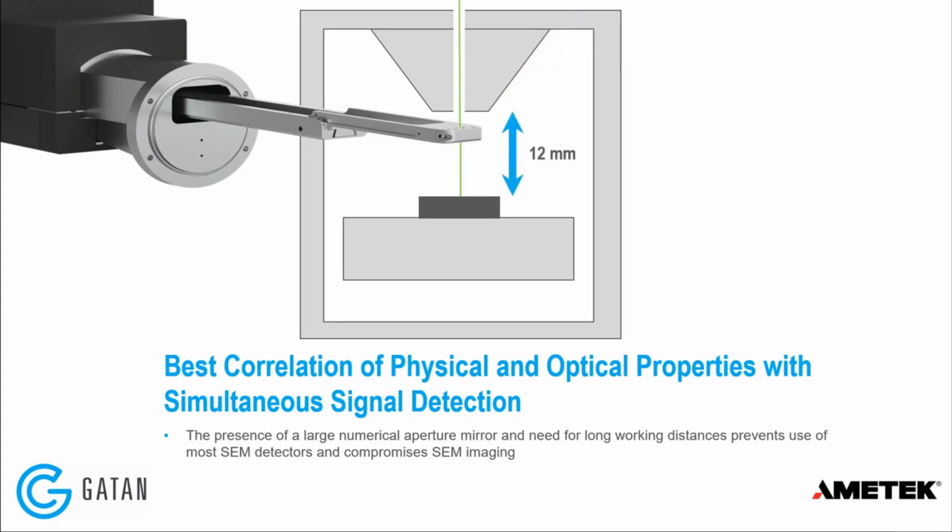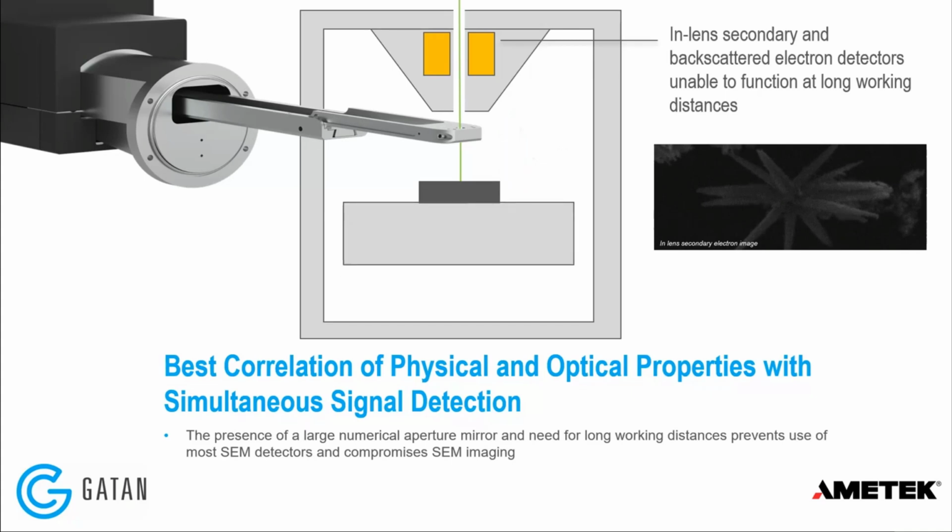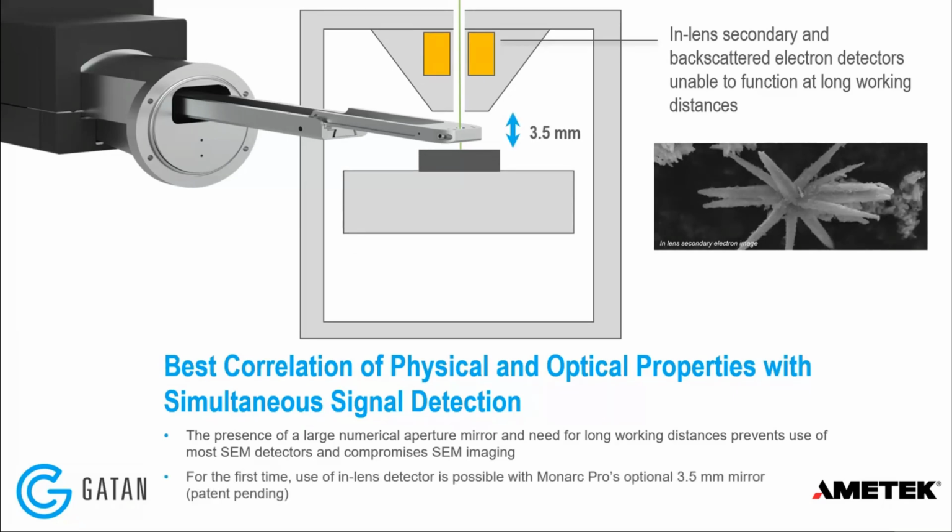Equally, I mentioned before that the mirror requires you to use a very long working distance. Typically, that prevents you from using the in-lens, secondary, and backscatter electron detectors in almost all microscopes. One of the things that we've also added as an optional item to this system is an in-lens detector compatible collection mirror. So it has a smaller physical size, but also has been designed specifically to aid the transit of secondary and backscatter electrons back up through the aperture in the mirror, up through the pole piece to these in-lens type detectors. That then allows you to collect CL information and in-lens secondary or backscattered electron information from the same sample at the same time